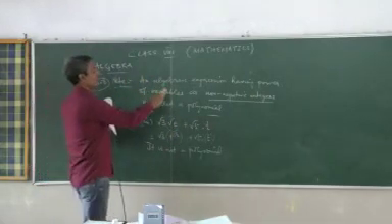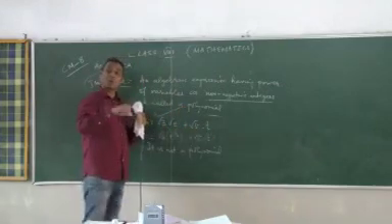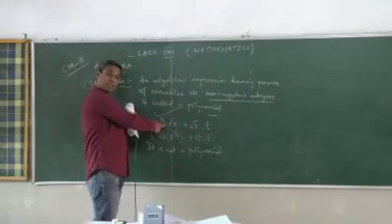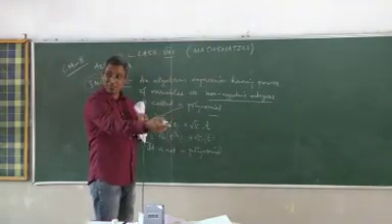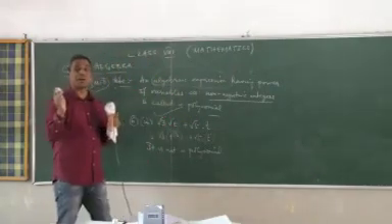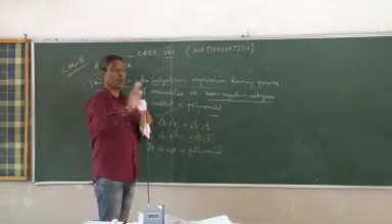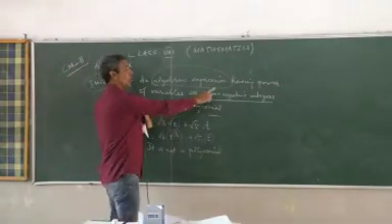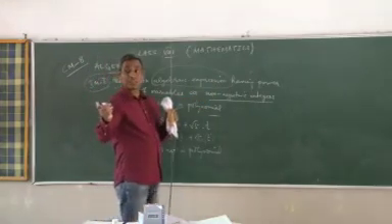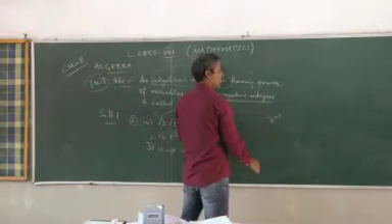How you can see, this is also an algebraic expression, and part 1 was also an algebraic expression. But this is not a polynomial, and part 1 was a polynomial. So when we are studying algebraic expressions, we should know that some algebraic expressions are polynomials and some are not polynomials. What are polynomials? Those which have non-negative integers. And which are not polynomials? Any power which is negative, x to the power of minus 1.